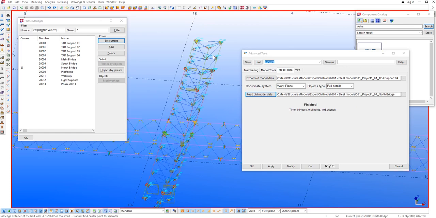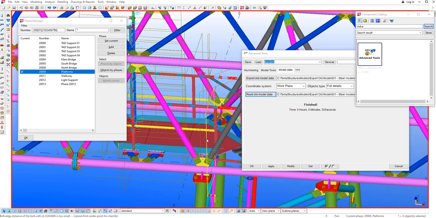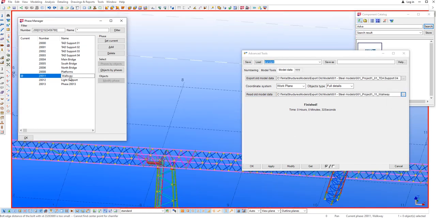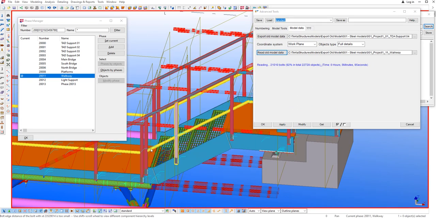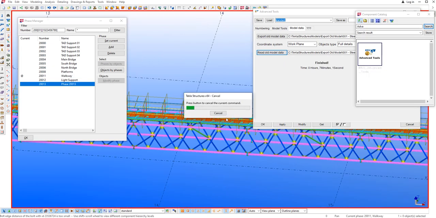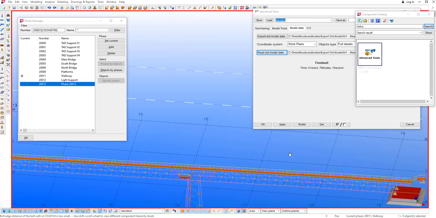Yes, all structure full. Now we are reading the platform. All the platform is copied, with railing and complicated structure. We set the current work path to the file you want to import. If you want to change the file, brick walkway or the walkway on the top of the brick, reading. You can see all the railing stairs already copied. Now finished for all the walkway with full bolts. Everything is almost the same as the main model.